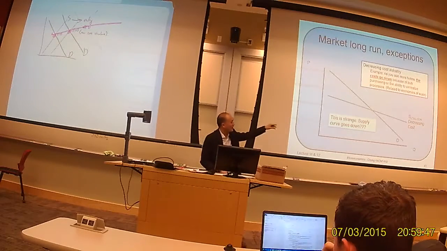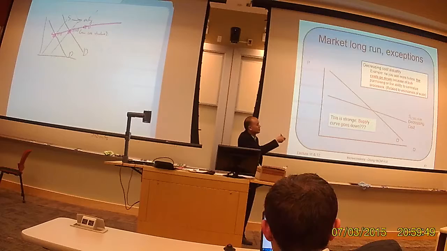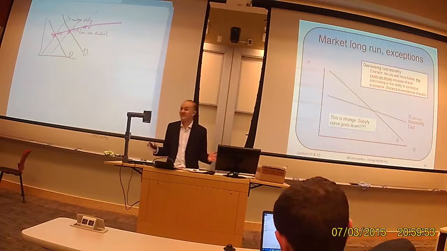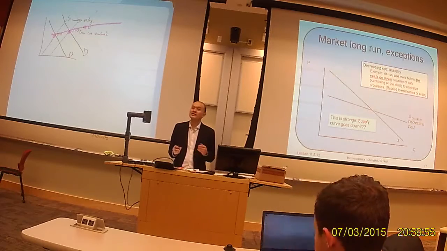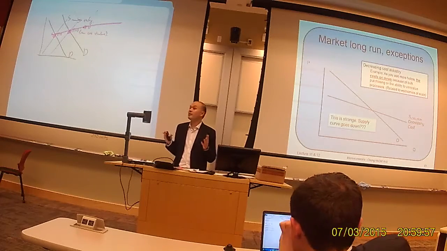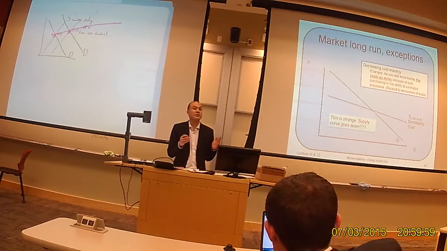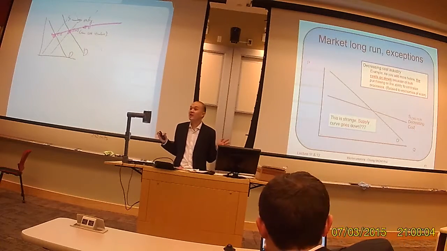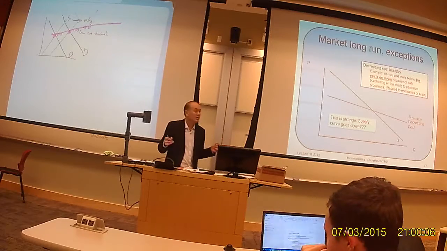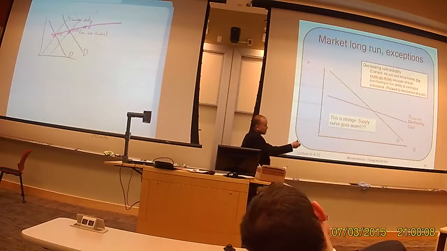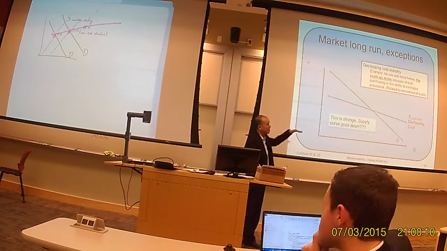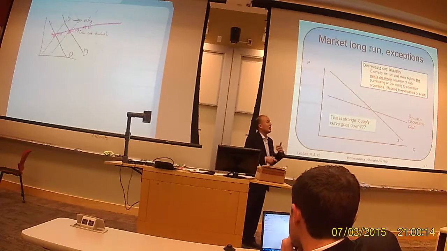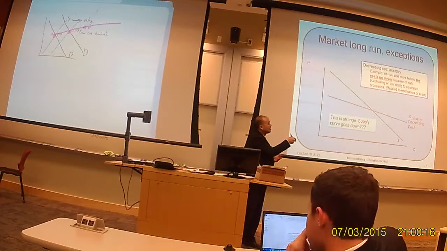So this is strange. One thing here, this is strange, the supply curve goes down. You learn early on that the supply curve goes up. Okay? That supply curve going up has to do with ceteris paribus. One of the assumptions we used when we looked at supply curves before is the number of firms doesn't change, and the costs don't change for that firm. What we're doing here, this special idea of a long run, decreasing cost industry where you have a long run supply curve sloping down, is that entry will actually cause